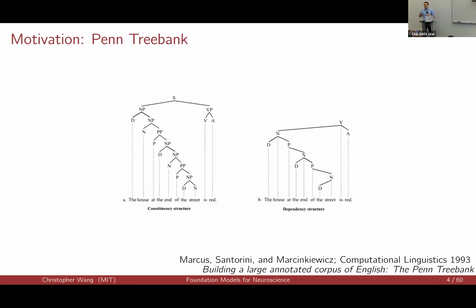Datasets, especially large-scale datasets, have long been crucial to progress in NLP. Take, for example, the Penn Treebank, a collection of newspaper sentences from the Wall Street Journal, along with their accompanying constituency tree parses. Historically, very impactful because it was used in developing the first models that incorporated linguistic structure. But when it comes to the neuroscience of language, datasets, especially at this scale, really do not exist.